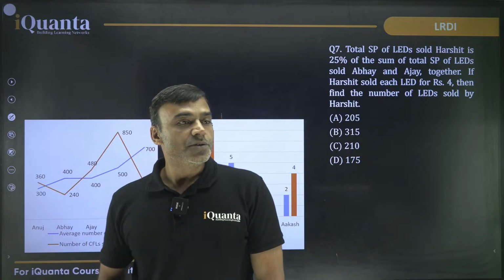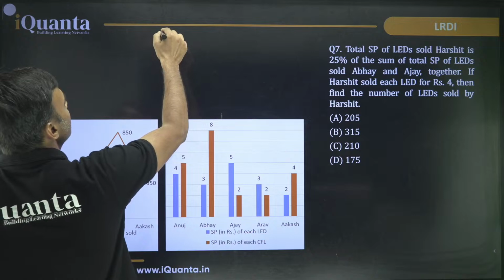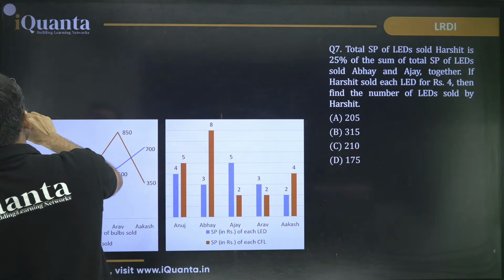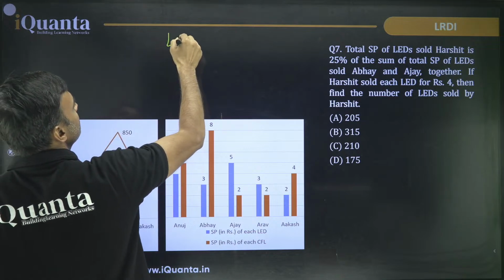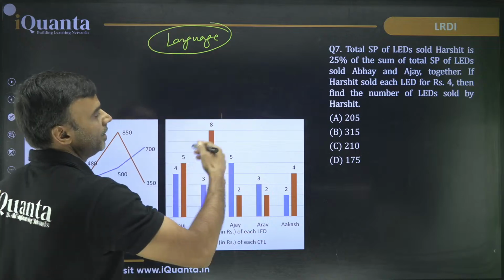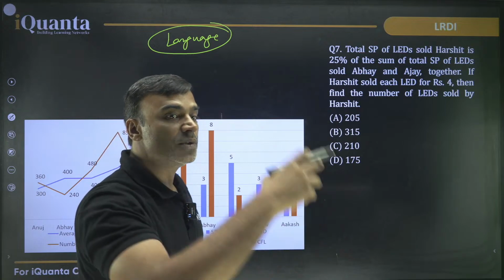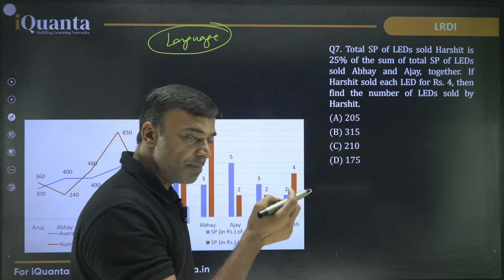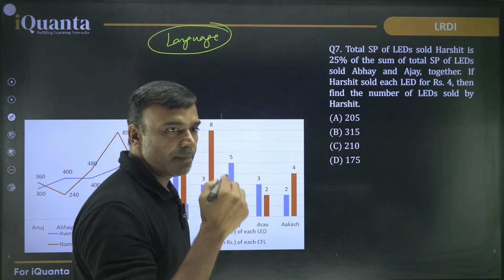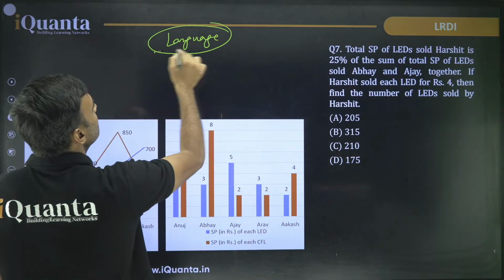50%. So what I was saying was that there is a lot of importance when you do LRDI. One thing is the language of the question. You need to really read very carefully. When we are doing it on the board, maybe one or two mistakes are fine, but we can't afford to make the same mistake in the exam. So we have to be very particular every time, very sensitive. Just mark the mistake, sit and think for 1 minute, and then move ahead. Okay?